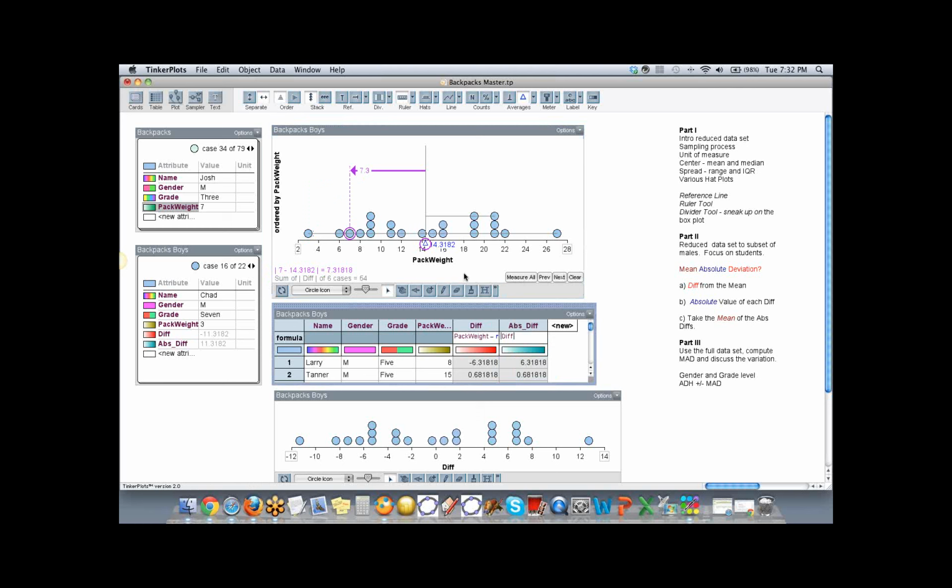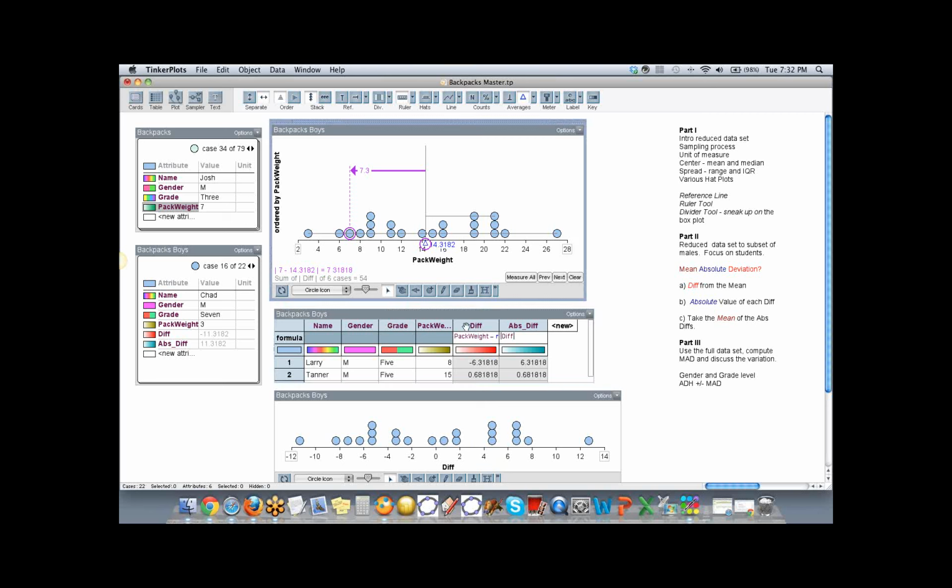All right. And Kathy, before we move on, there was a question about color. Can we go back up to the backpack boys at the top and lock that graph? Because when we changed our color at the bottom, it changed the color in both plots. Ah, good. So we might want to show the key and how we can lock that graph down. Okay, so I believe I'm on pack weight up here. So let's pull the key down and hit lock.